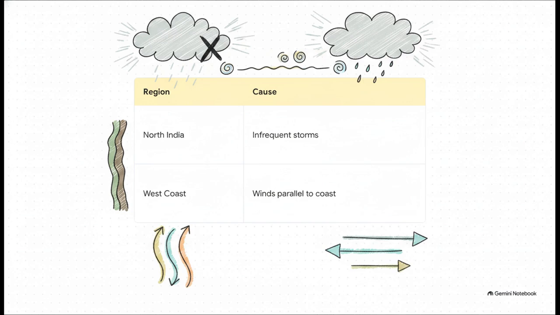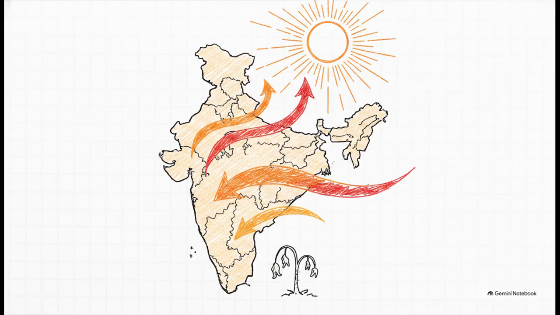In northern India, the rains usually fail if the rain-bearing storms just aren't frequent enough right along that ITCZ monsoon trough. But then look at the west coast. Dry spells there happen when the winds decide to blow perfectly parallel to the coastline instead of pushing inland. The engine stutters, sure, but for totally different reasons. And this engine produces some intense heat too.